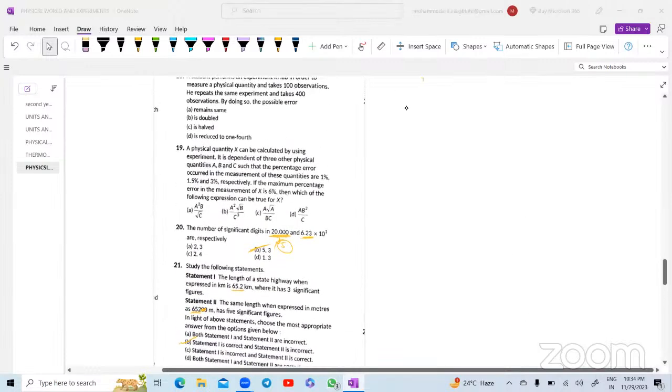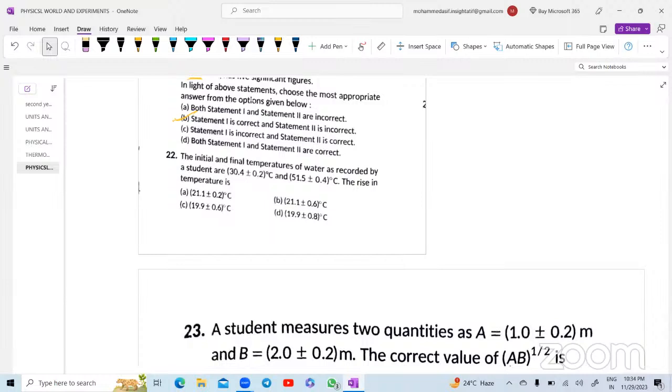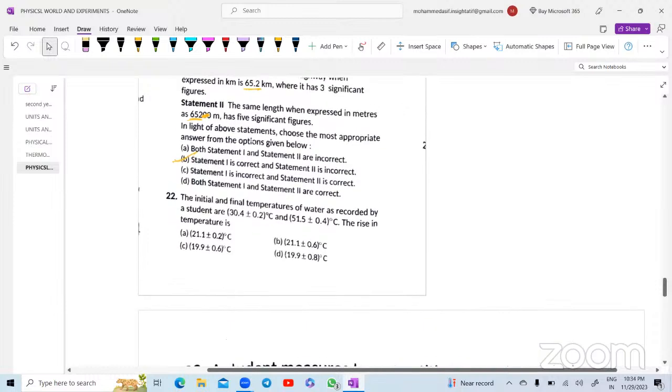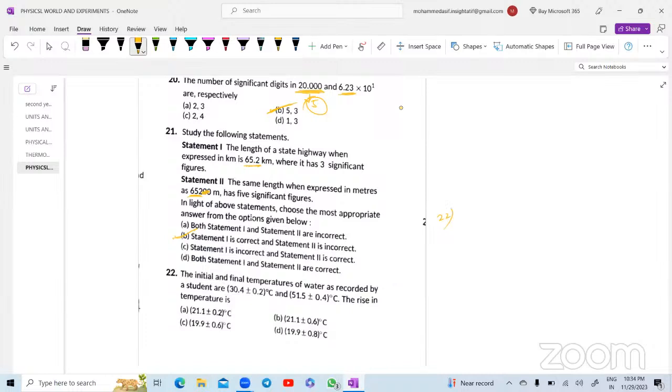चलिए, तो रफली अब बाकी क्वेश्चन एक बार आप ट्राई कर लीजिए बेटा। क्वेश्चन नंबर 22 कर सकते हैं क्या? देखिए क्वेश्चन नंबर 22. The initial and final temperature of water as recorded by student are 30.4 plus or minus 0.2 degrees Celsius and 51.5 plus or minus 0.4 degrees Celsius. The rise in the temperature will be equal to how much? Question number 22. Try करिए।